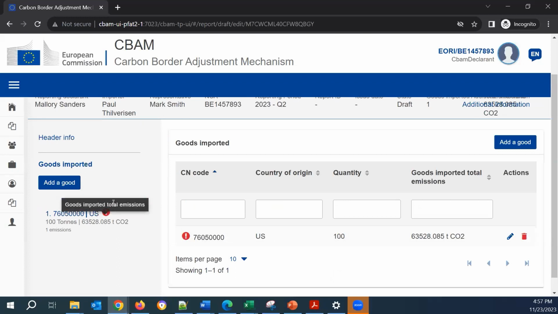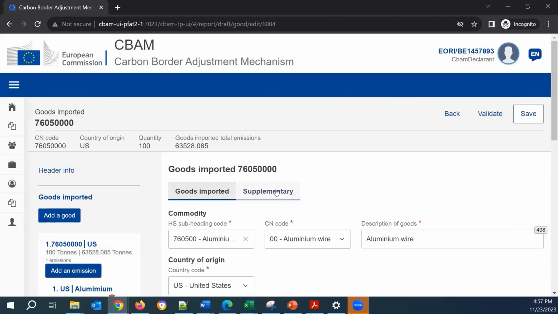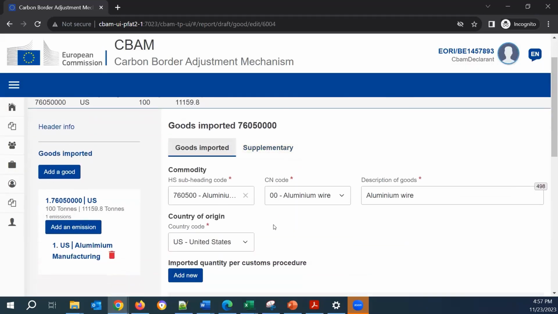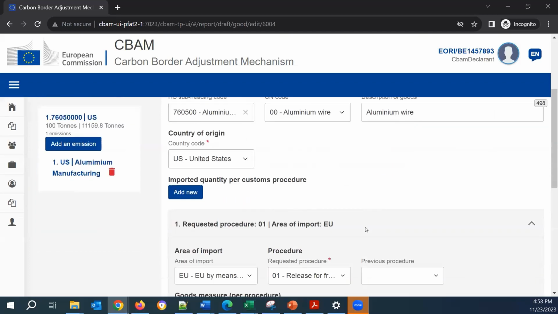If we go to the goods imported, here we see that this good is not validated yet. We didn't press the validate button, so we need to edit the good and inspect what we have uploaded via the XML upload. This is our same code indeed. I didn't make any mistakes.